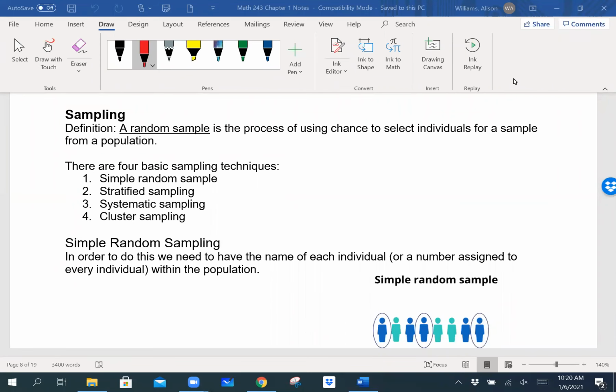In this video, I'm going to talk about sampling. When we take a sample, this is a very, very important step when we're doing statistics. It is really important that it is random. So this first definition, a random sample is the process of using chance to select individuals for a sample from